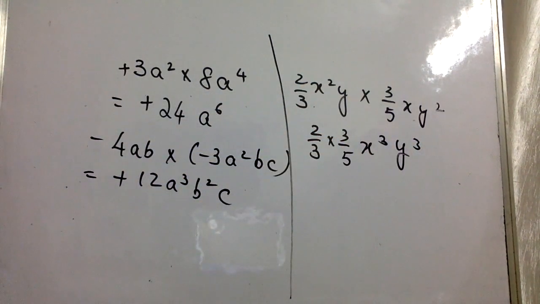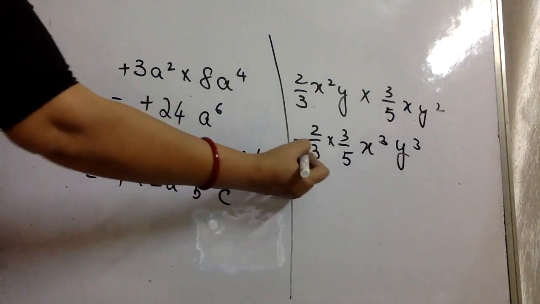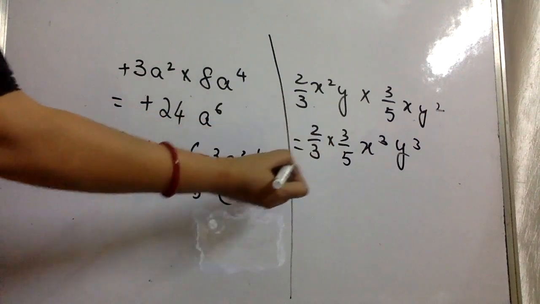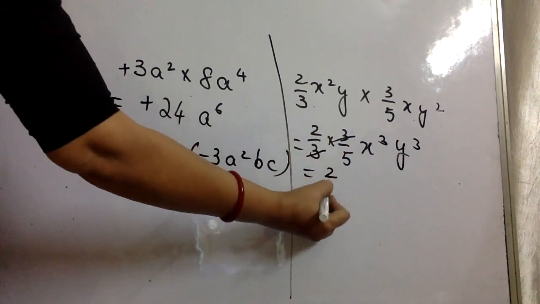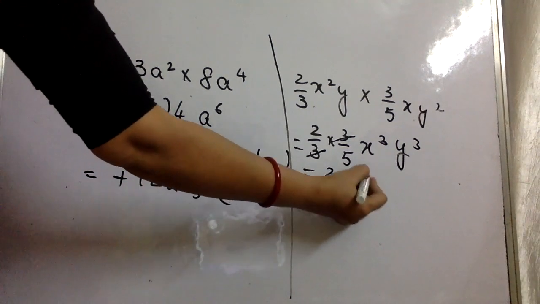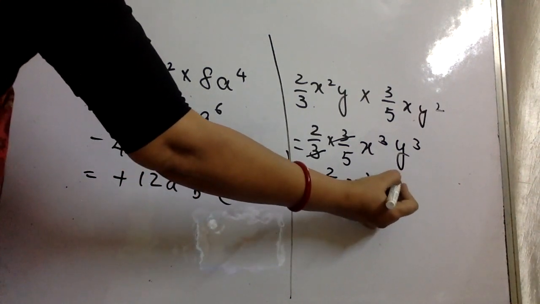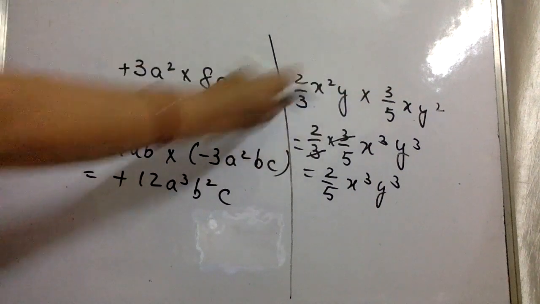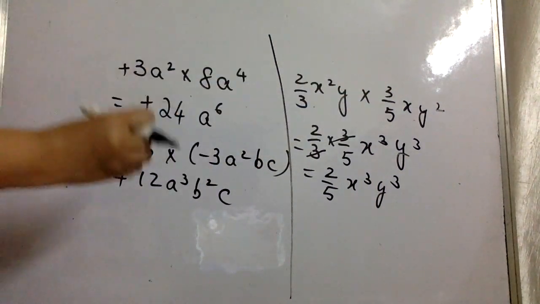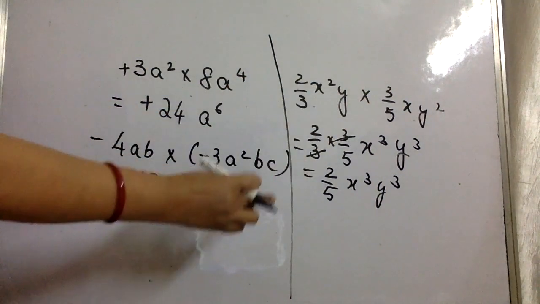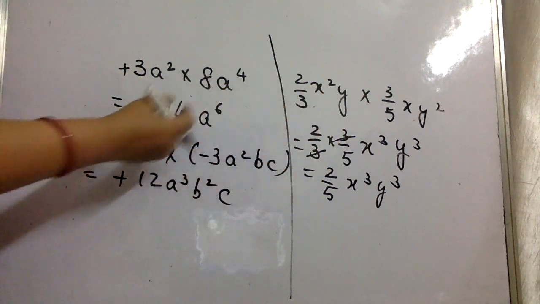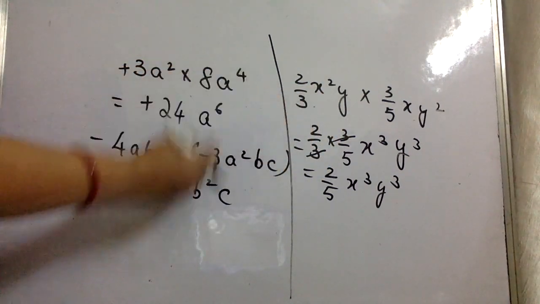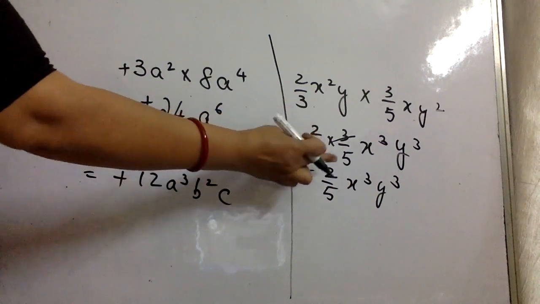Okay, so here, this is nothing but a fraction multiplication, isn't it? So 3 cancels with this, 2 by 5 x cube y cube. These were unlike terms, okay? So we have got an x cube and we have got a y cube, and here it was a regular fraction multiplication. So just like we multiplied numbers here, we'll multiply fractions here, and so it is a final 2